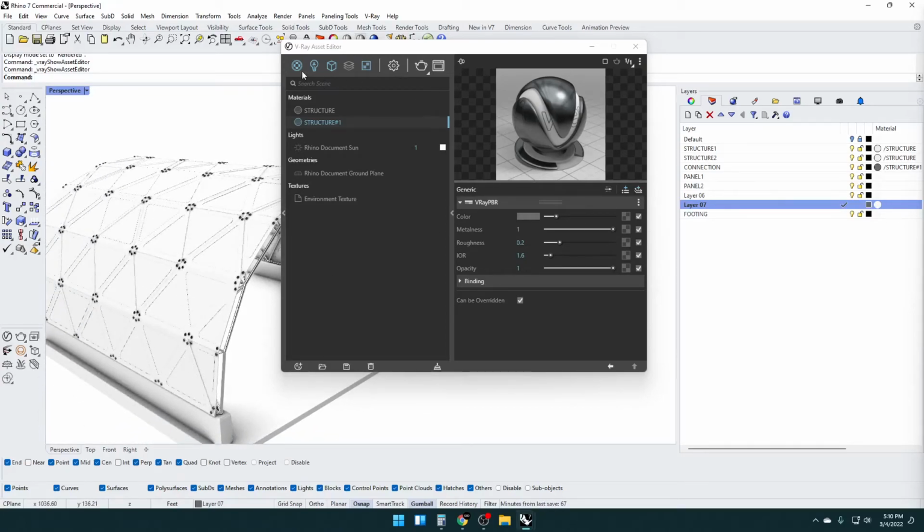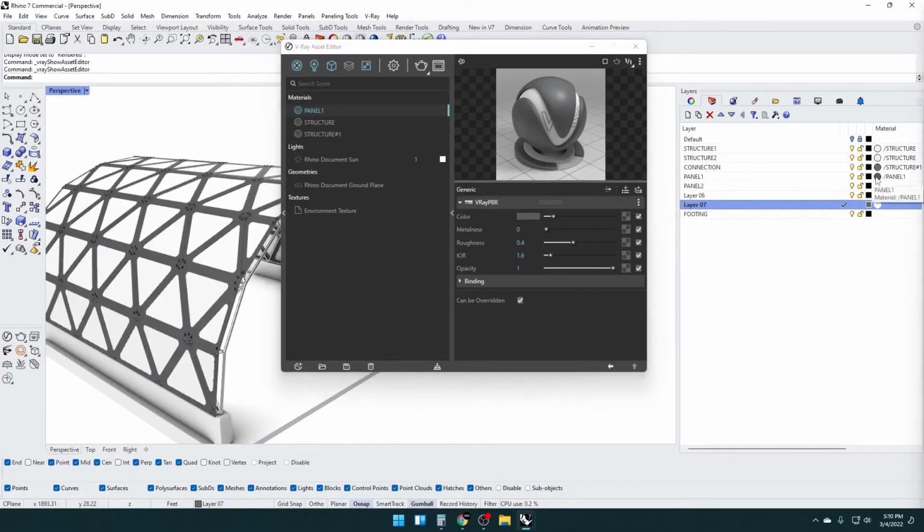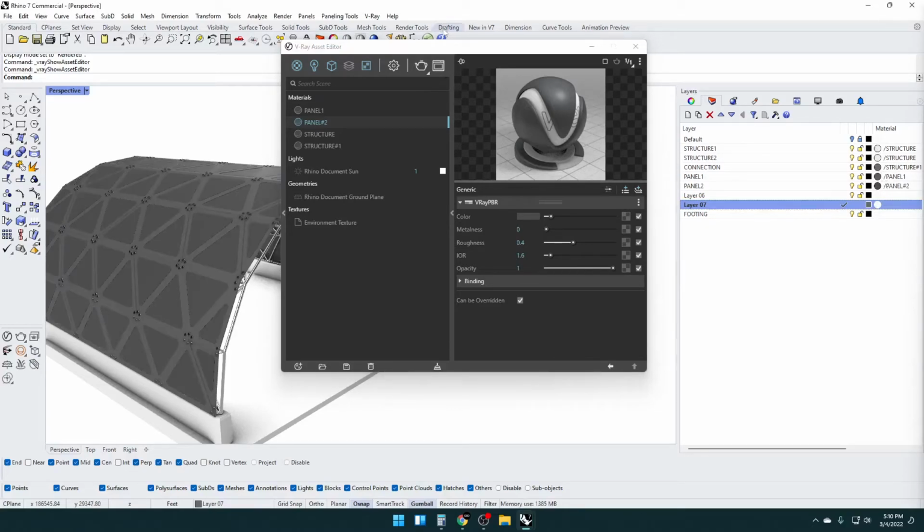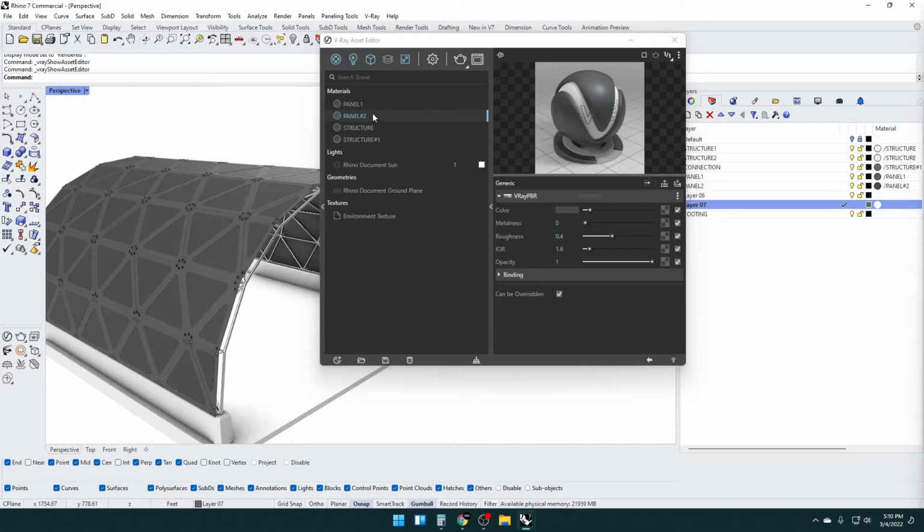Okay. I'll just create a generic material, call this panel 1. And then I'll create a new material, or I'll work off of this one. I'll go to a bit of a darker color. The roughness, I want it to be not super rough, but enough where you can see a little bit of shine. And I'll apply this to panel 1 and duplicate this panel 1. Go a tiny bit darker and apply that to panel 2. Or vice versa, right? You can say apply panel 1